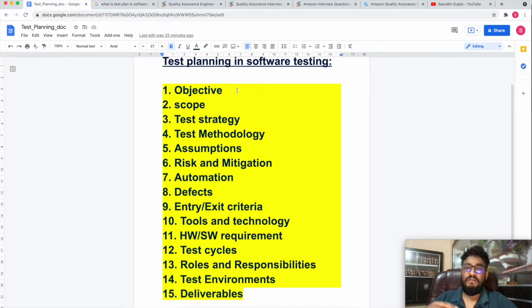What kind of environment we have and on which we will be doing testing, you can mention here. Deliverables: after execution of this test plan, what will be the deliverable after carrying out all the testing activities? What we will deliver as an output of this test plan. Deliverables might be your sign off report and your release notes.